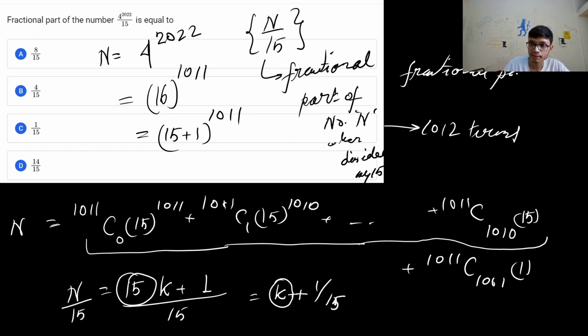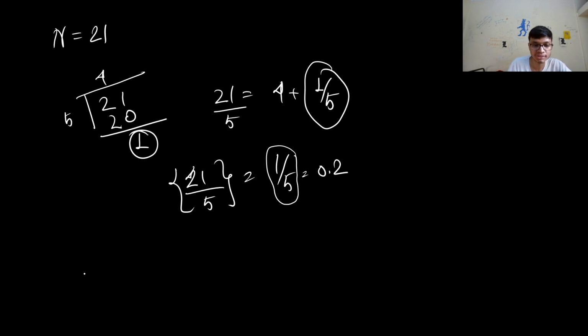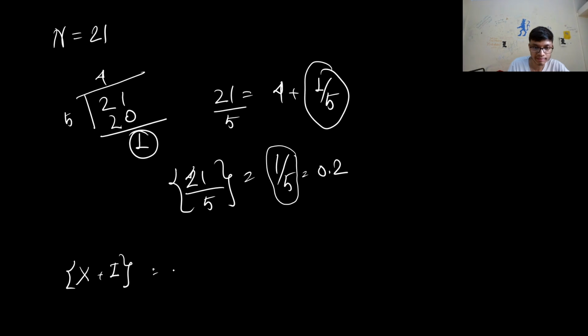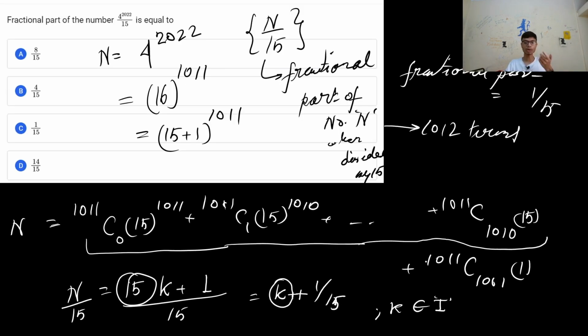The fractional part is equal to 1 by 15 because this k is an integer। okay, k is an integer। and another very important thing that you will study in the concept of fractional part function: the fractional part of x plus some integer is simply equal to the fractional part of x। okay, so it doesn't matter whether you add an integer to any number, the fractional part stays the same. So the fractional part of x plus I is equal to the fractional part of x, where I is an integer। okay,